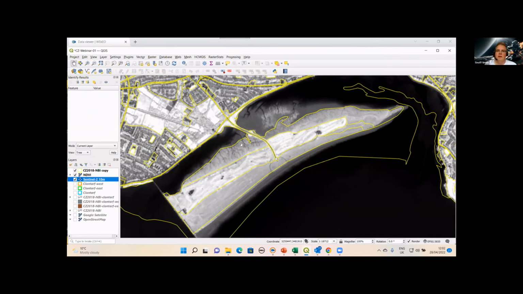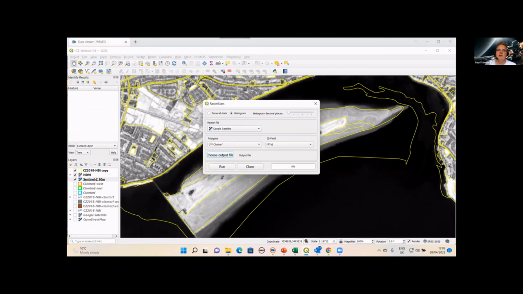So that's, again, we can look at these polygons now from the past and say, okay, could these be edited or adapted, or can we find out some additional information about those? And this is where we use our Raster Stats application. So we can take this little plugin that we've got here, and we want some general statistics this time. So we take the NDVI layer, and we want to